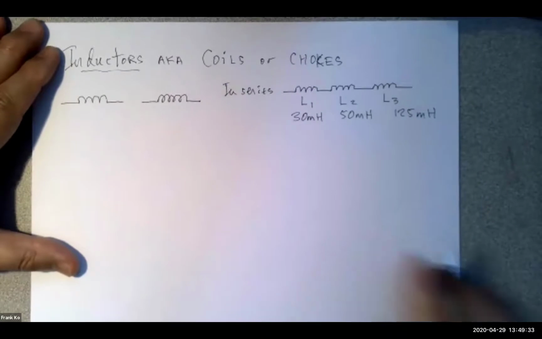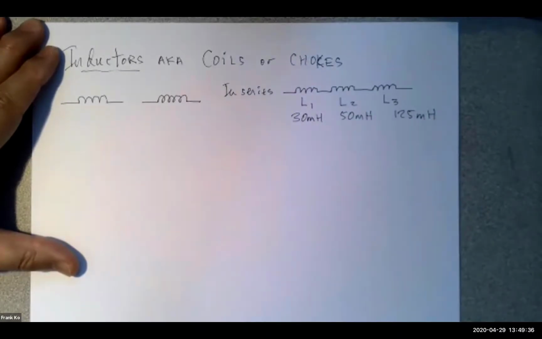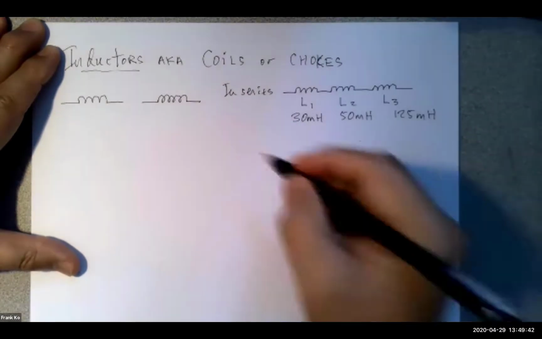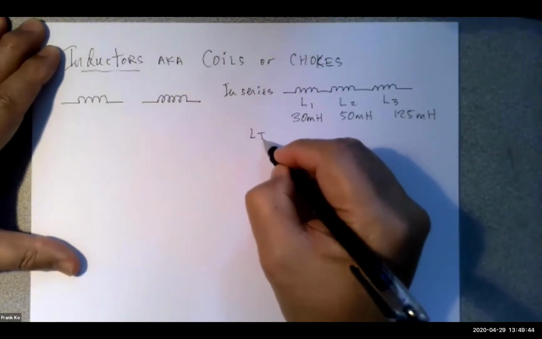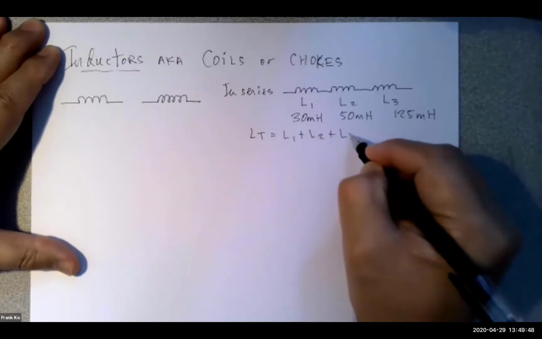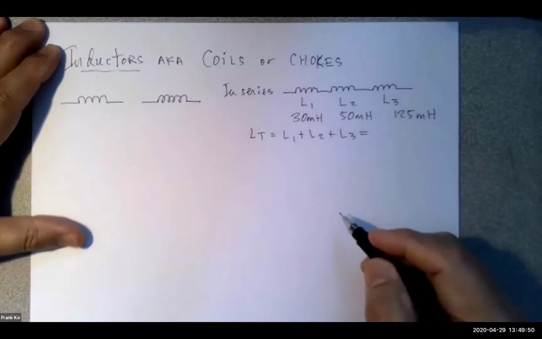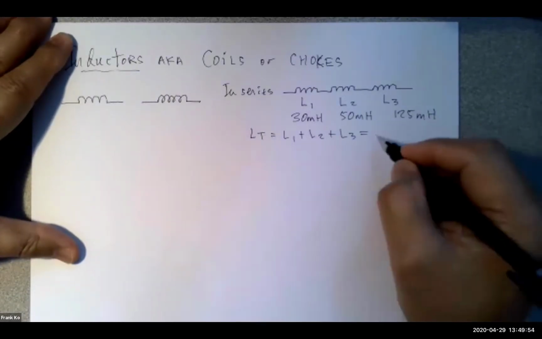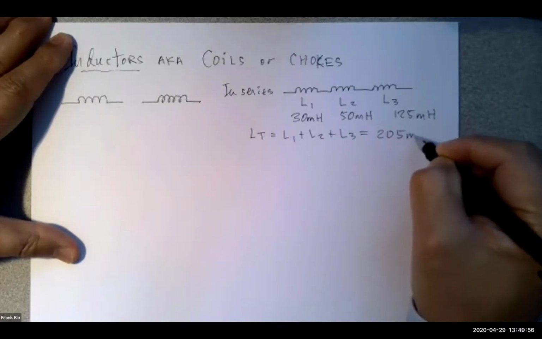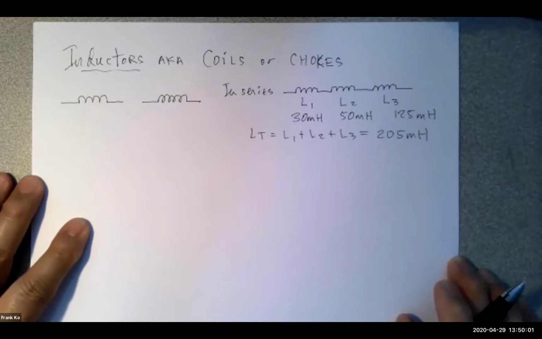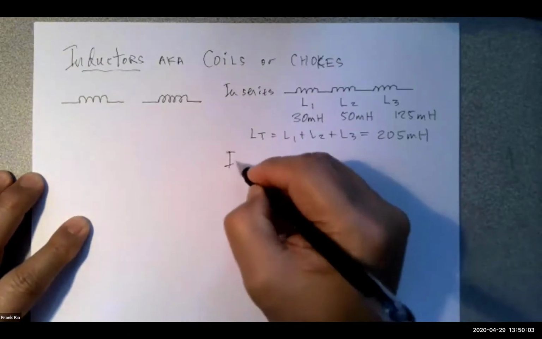And so if we have these three in series, your LT is equal to L1 plus L2 plus L3, just like resistors in series. And so when we grab these, this is 80, so it looks like 205 millihenries, yes? Everybody okay with that? And then in parallel,